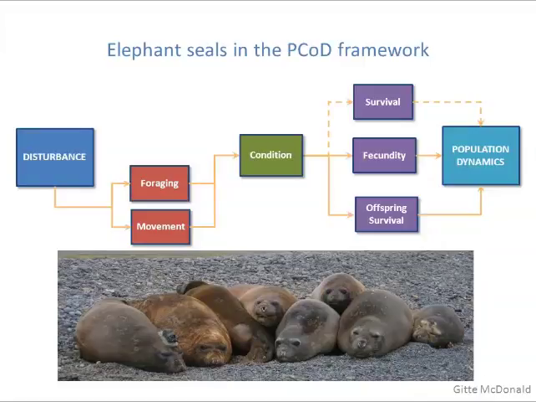Thanks very much, Simon. So here's the way that what we know about elephant seals fits into that PCoD framework. So disturbance might affect the foraging behavior of the animals. That might mean that they don't feed, and it might mean that they spend more time traveling. If they're moving away from acoustic disturbance, they're going to spend more time traveling, and because of that, they can't feed so much. And that has a direct impact on the condition, because if an animal is disturbed, there'll be less fat when she comes home.